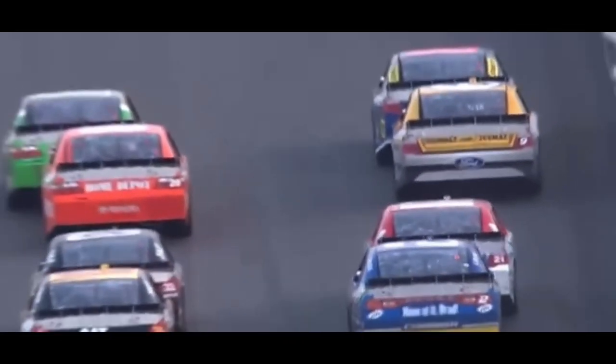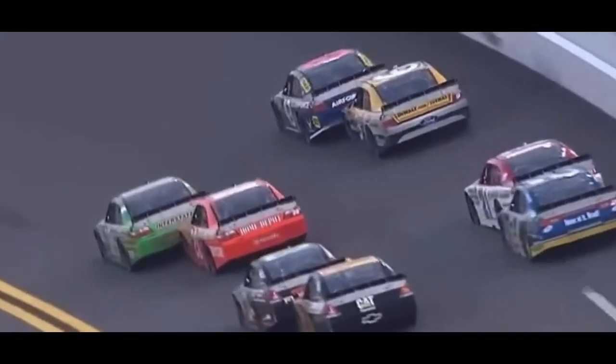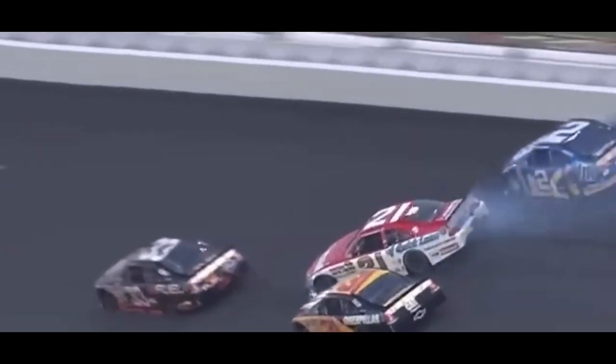But see, he's to the left side. When you dump to the left, Jeff said, these cars get incredibly loose. When you get to the left and the car rotates in, it rotates off that left rear like that on the bumper, and they're not flat against each other anymore, and the 21 just takes off. One car's involved in it, probably the 47 car, because the one car's trying to get down off the racetrack too. So there's 3 or 4 cars that have damage, but the 21 is just...